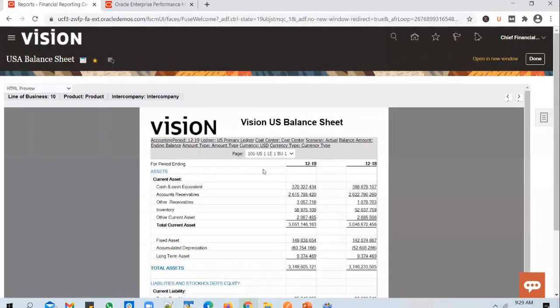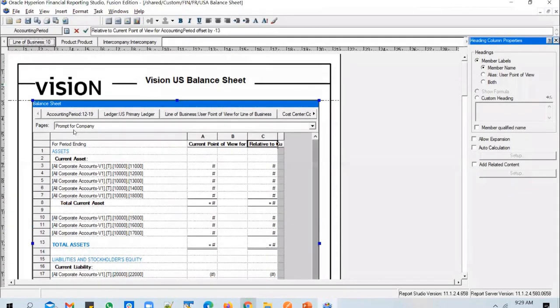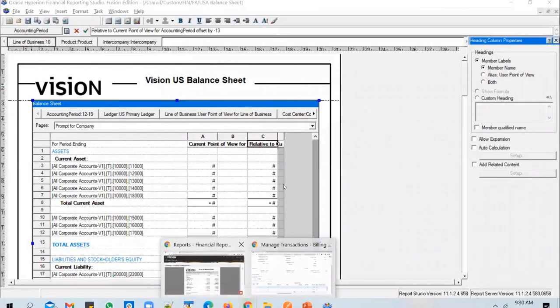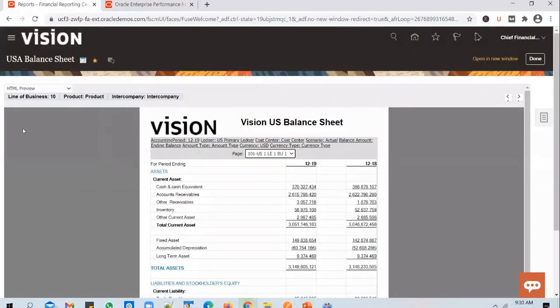And you will notice that in the pages drop down, you see 101 company and you will also see 102 as well. So how would Oracle have set this up? The way it would have set up is, for pages, it has selected a prompt for company. So prompt the user to select the company segments, and whatever company segments that user selects, show them in the drop down here, so that user can select the company segment for which he wants to view the balances and he can verify them.